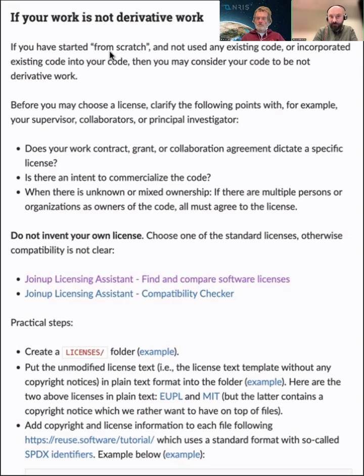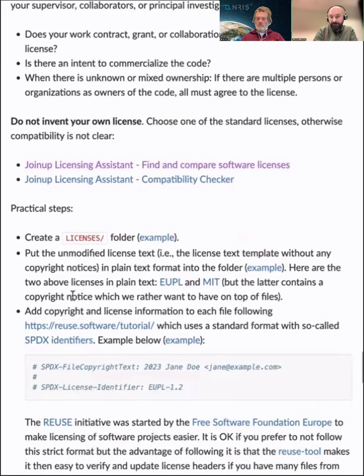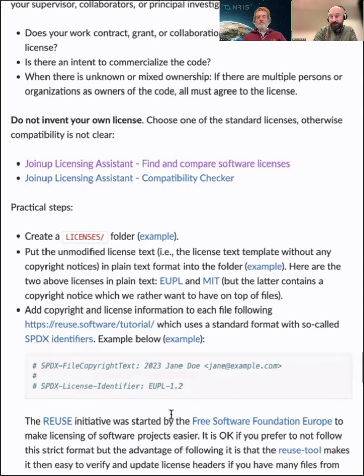But if your work is not derivative, in the sense that you're not editing other people's code, then what is important is that you do not invent your own license. So pick a standard license, and the tool that I was just showing is one of them. And then again, you would like to make sure that this is visible in your repository, again with the license folders that we mentioned earlier, so that those who will find your code and want to reuse it know how to cite you.